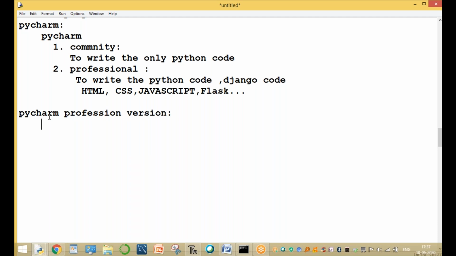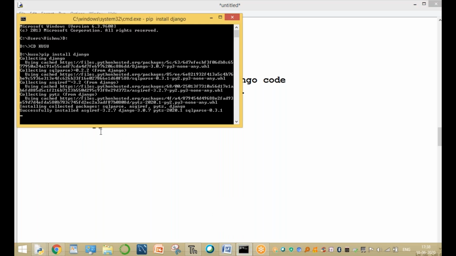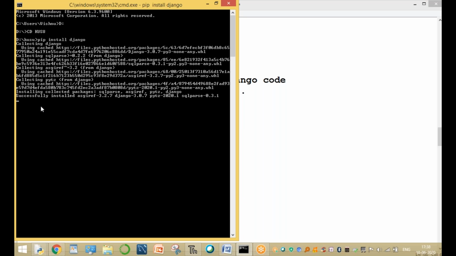Simply go to Google, search for download PyCharm professional version, and click the link. That's all, it's simple. Please wait, it takes some time.